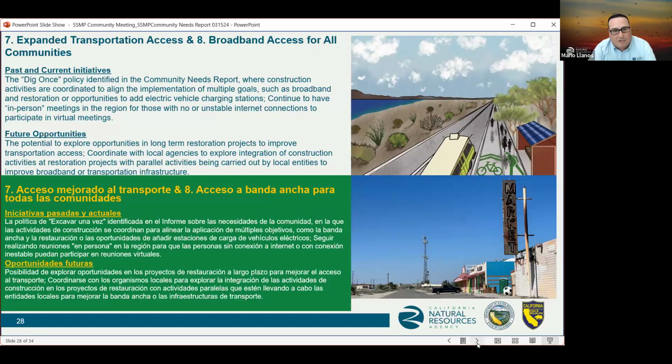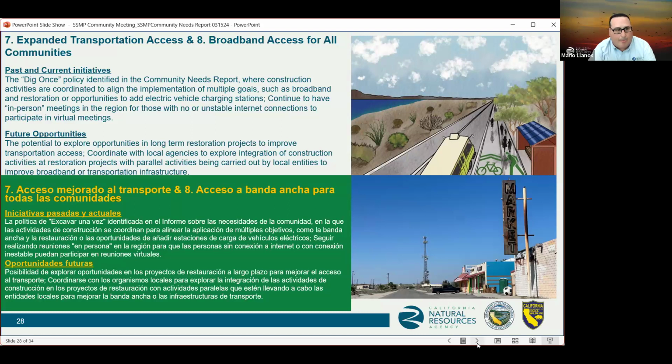There may be a potential to add expanded roads, trails, and bike paths to future near and long-term restoration projects at the sea, as seen in the rendering here from our long-range plan. We welcome future opportunities to coordinate with local agencies to explore integration of construction activities at restoration projects with parallel activities being carried out by local entities to improve broadband and/or transportation infrastructure.